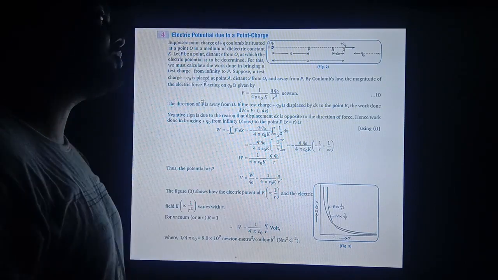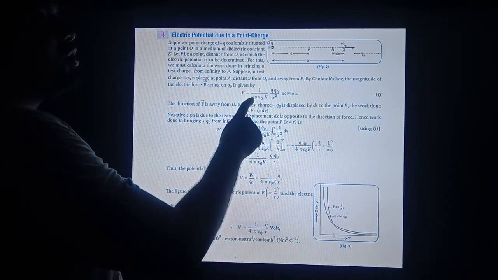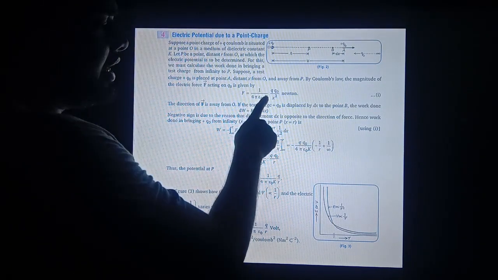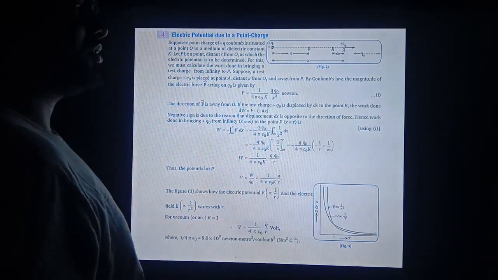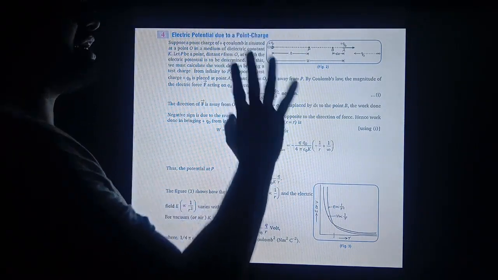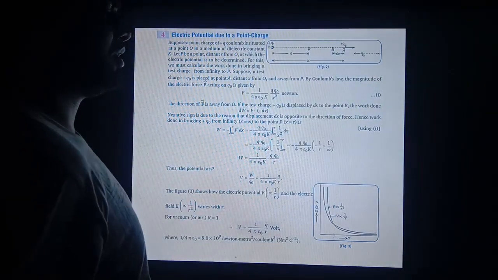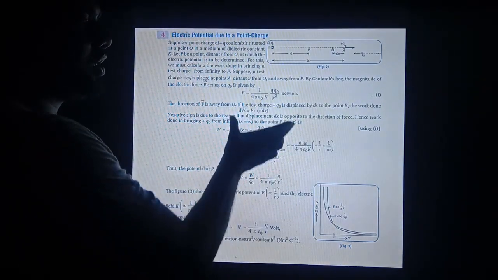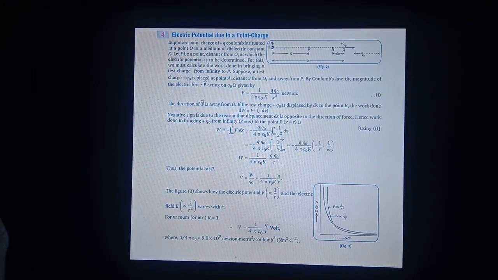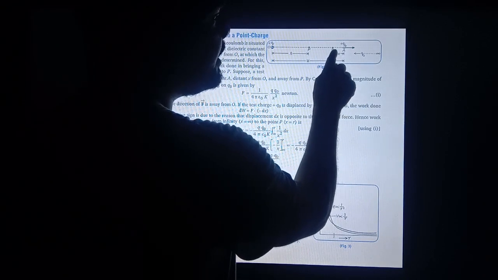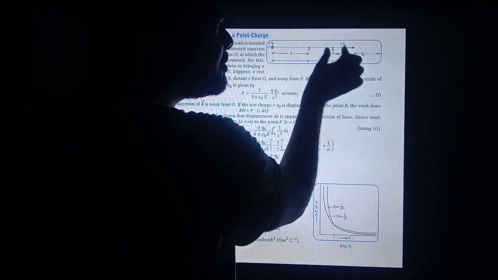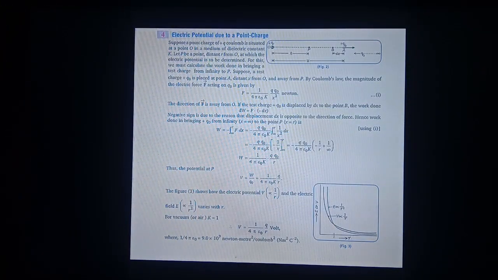With the help of Coulomb's law, F is equal to 1 upon 4 pi epsilon naught K. K is actually the permittivity of the medium, whether you write it or not. So let K be the medium in which these two charges are kept. Q Q0 upon x square, this is Coulomb's law. Now suppose that we have to bring this charge from point A to B. It is a very small section of distance, that is dx.